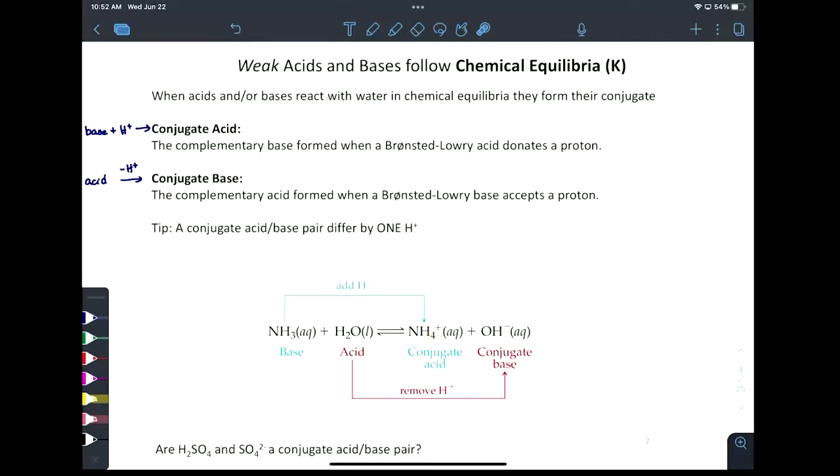So how all of these things are related is when you have a weak base, like this NH3, and it gains a proton, you now make a weak acid. So NH4 plus is a weak acid when we have a weak base gain an H plus. So that's what this conjugate acid is: when we take a base and add a proton, you get a conjugate acid. It's the complementary base forms,